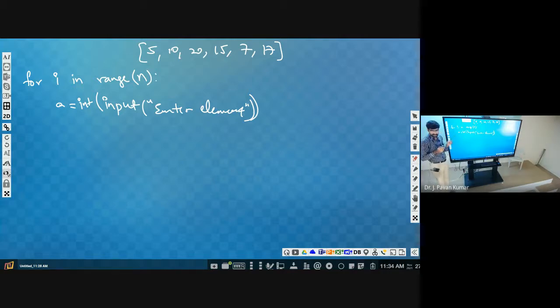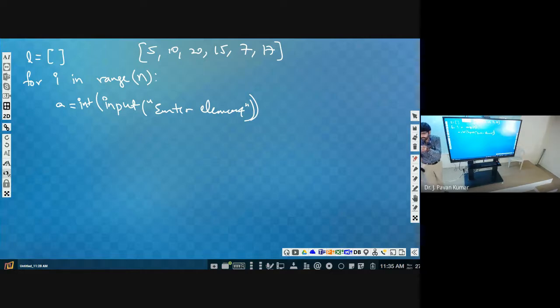Every time we will take one element and we have to add this element to the list. For the list we have to maintain one variable, right? So let us consider L. In order to indicate L as the list, we have to initialize L with square brackets. L is equal to square brackets.